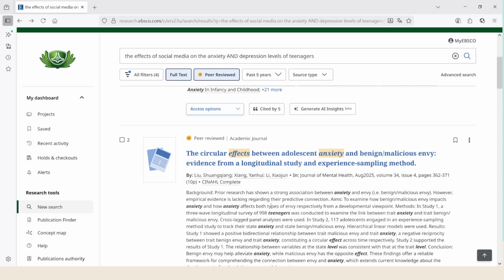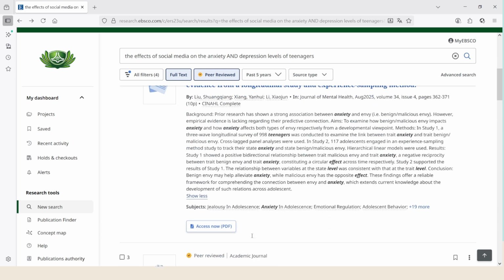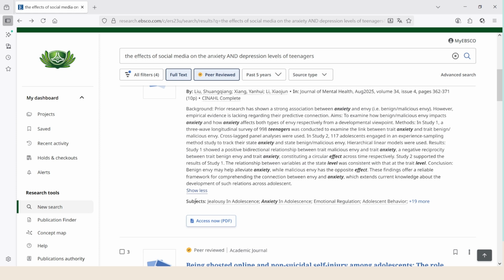You will also notice each article has been tagged with a number of subjects, and these are hyperlinked subjects. I can also see the journal that this article was published in, the database it comes from, the author, and again, this is hyperlinked text, and I can run a search by clicking on that.